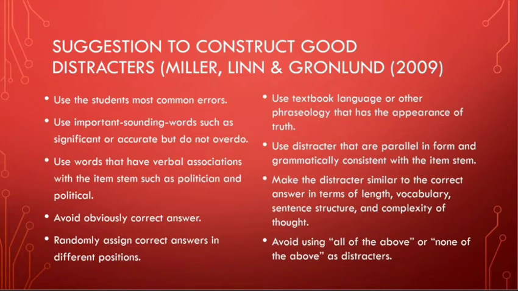Use words that have verbal associations with the item, such as politician and political. Those are examples of verbal associations. Next, avoid an obviously correct answer. Like if you use the article a or an as part of your test item and you put a blank: after a, the answer indicates that the following word begins with a consonant sound. Well, if you use the article an, definitely the missing word begins with